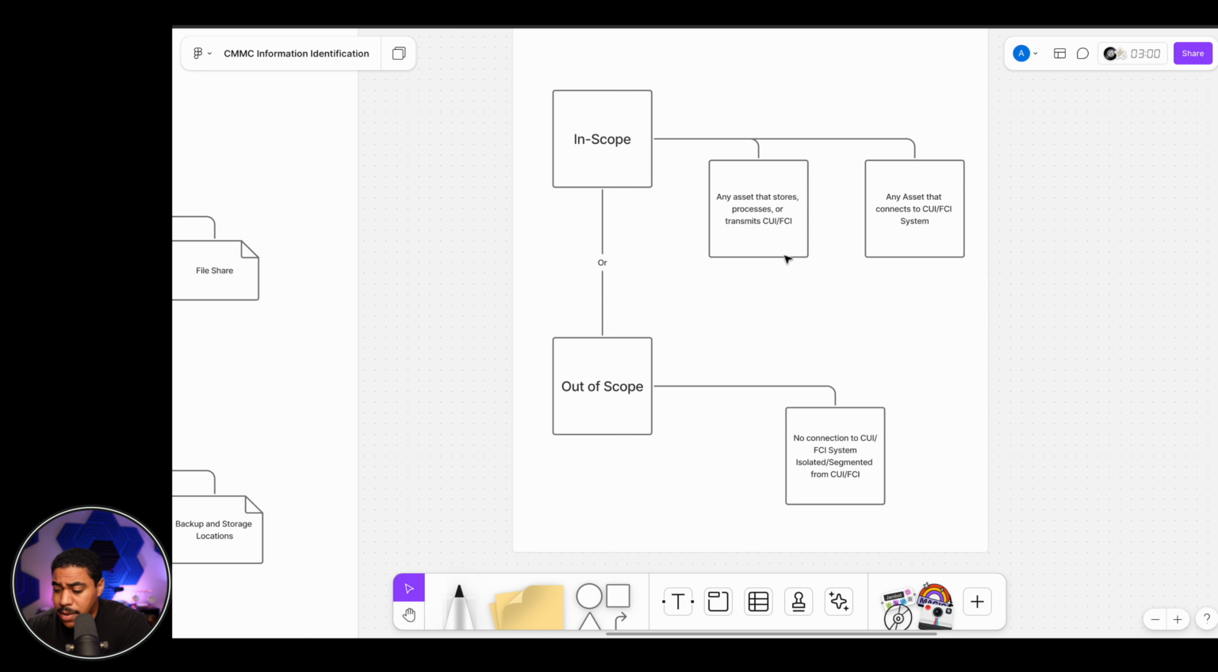So what is this? Any asset that stores, processes, or transmits CUI FCI, as well as any asset that connects to a CUI or FCI system. This includes your CRMA, or contractor risk managed assets. Those are going to be included in this bubble. There are 5 asset classes, but really 4, because out of scope is an asset class for whatever reason. As you're doing these data flows, you're definitely considering all of these things, and the CRMAs are typically important to